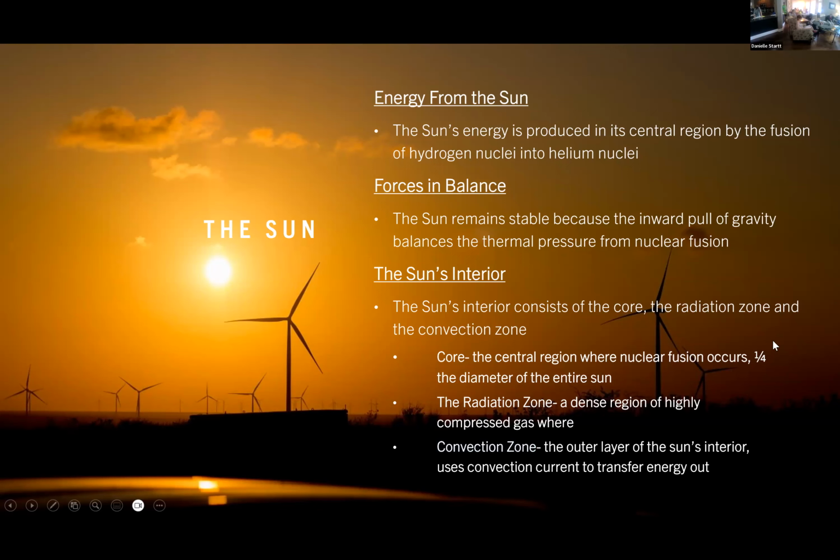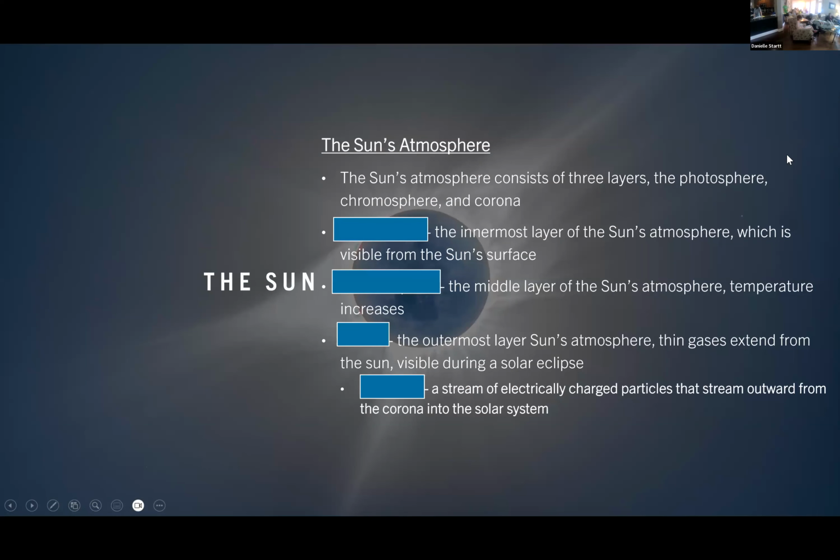So this is our sun. Now, sun has an atmosphere, kind of a weird atmosphere, but it has an atmosphere. It consists of 3 layers. You've got a photosphere, chromosphere, and a corona. When you watch the eclipse and you get totality, you can see the corona around the edge. And sometimes you can see the little solar flares if you've got really good equipment or it's a really clear day. So the innermost layer of the sun's atmosphere, which is visible from the sun's surface, is